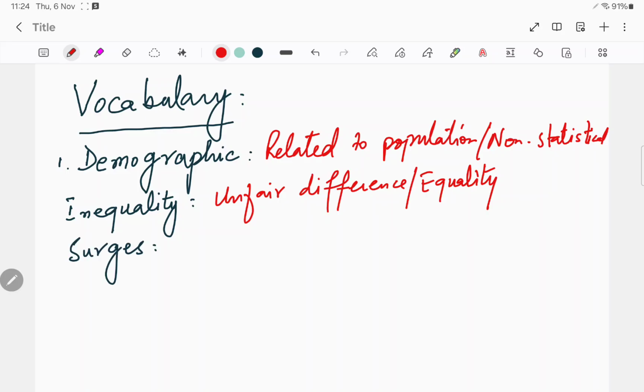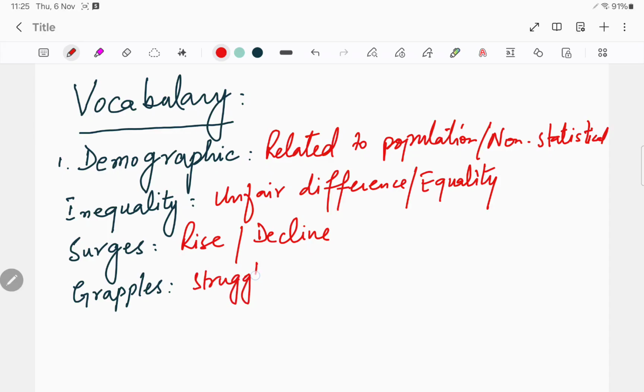The next word is surges, which means to rise suddenly or very powerfully, and the antonym can be to decline. Well, the sentence can be Pakistan's population surges every year, which means increases every year, putting pressure on the limited resources. The next word is grapples, which means